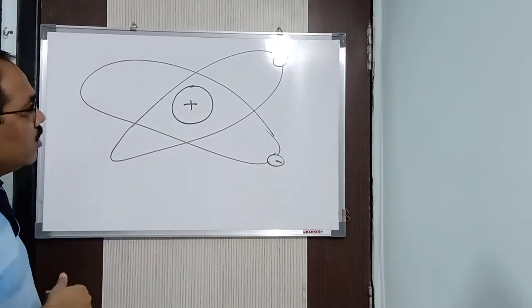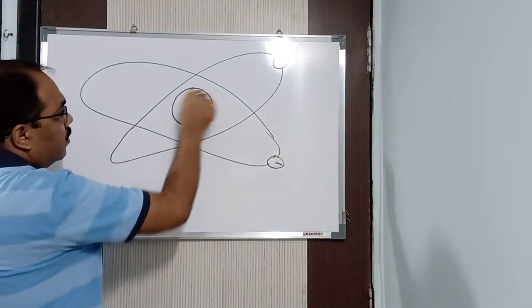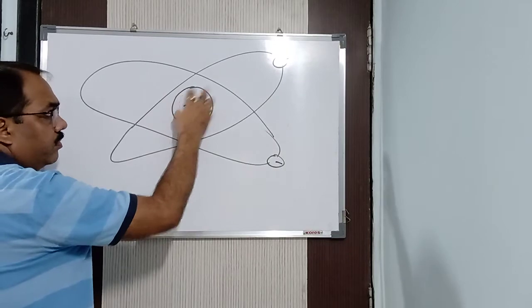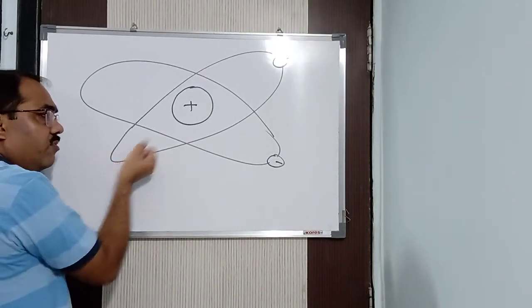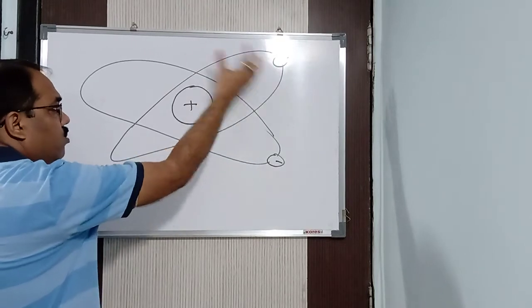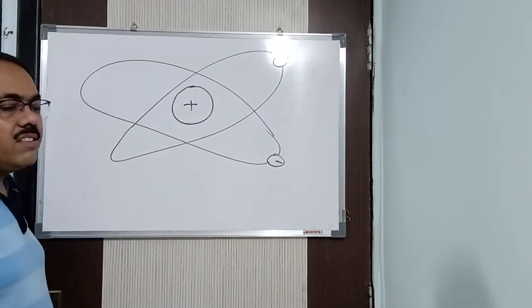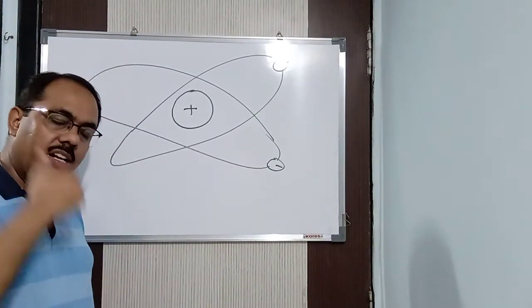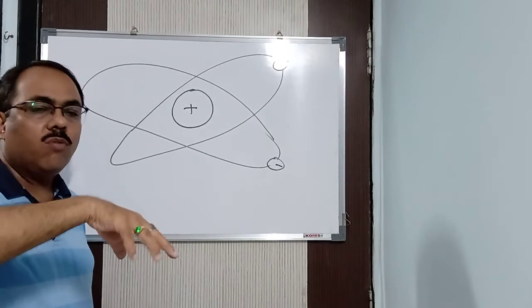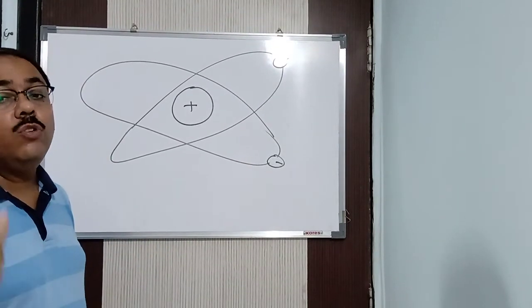Clear now? So the question is, why are electrons not merging into the nucleus? The nucleus is positively charged, so definitely the nucleus is pulling the electrons, which are negatively charged, towards itself. So definitely electrons should merge into the nucleus. The answer given by him was that just like the planets do not fall into the sun. Is a planet which is moving in its orbit falling into the sun? No. Why? Because it is guided by centripetal force and centrifugal force.